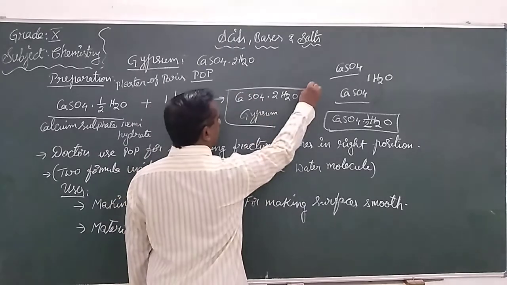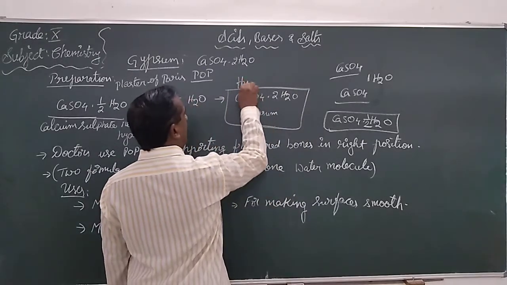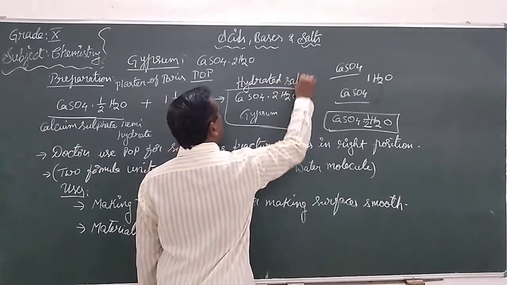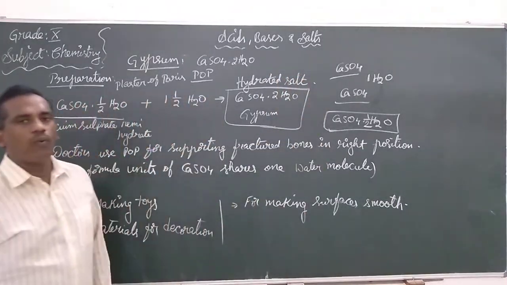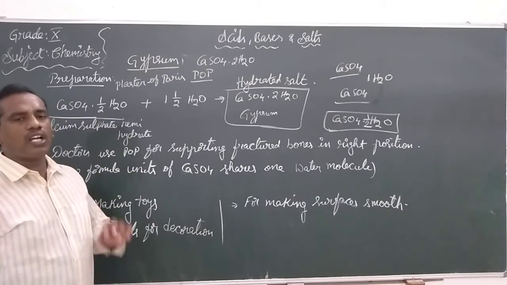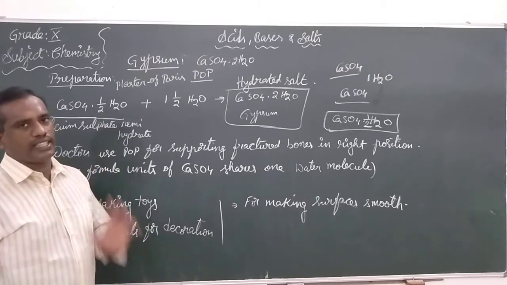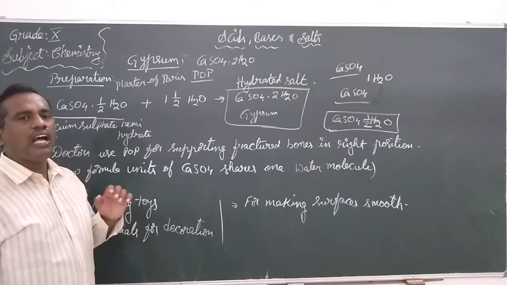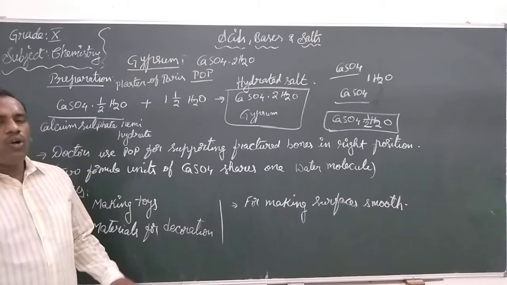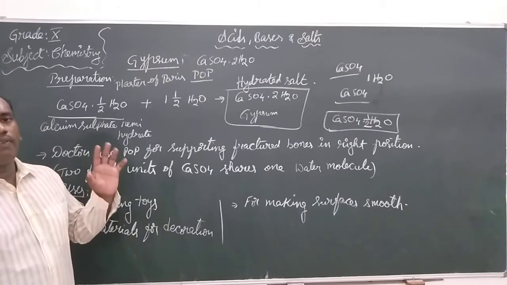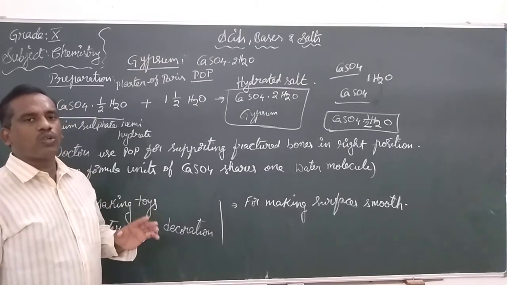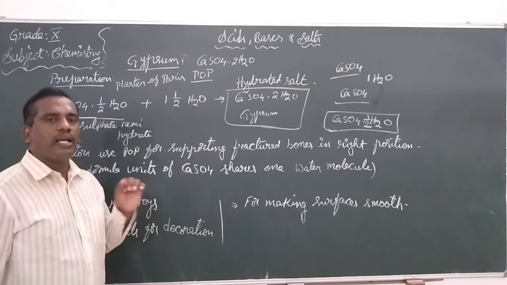This is a hydrated salt. Hydrated salt means it has some fixed number of water molecules. Hydrated salt or water of crystallization is the same. So we have seen how to prepare gypsum and what its uses are. By this we have concluded our chapter, acids, bases,